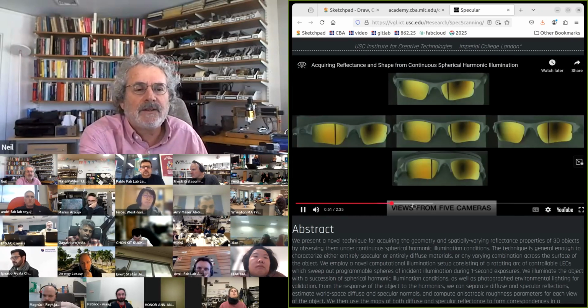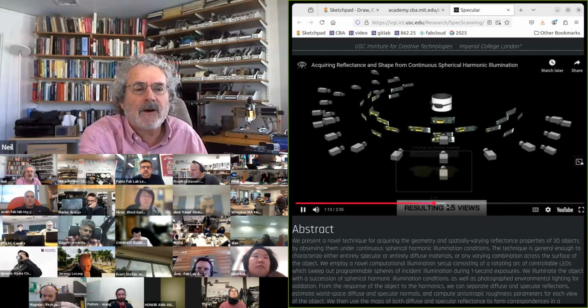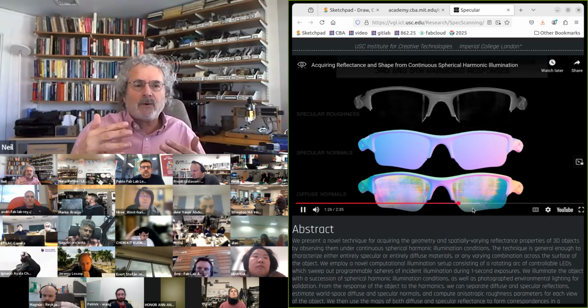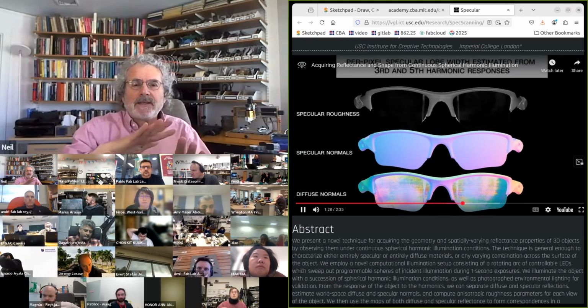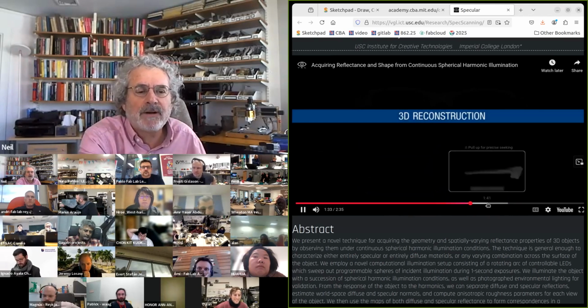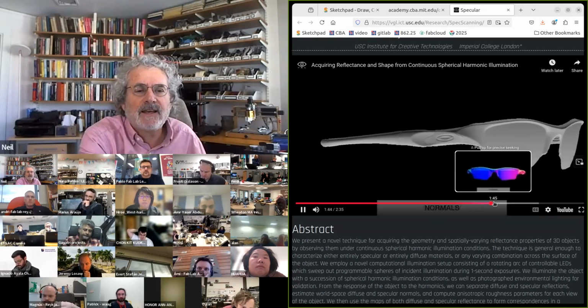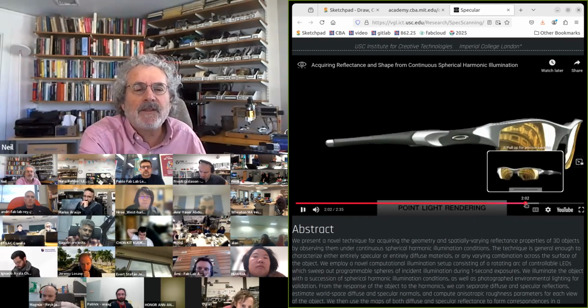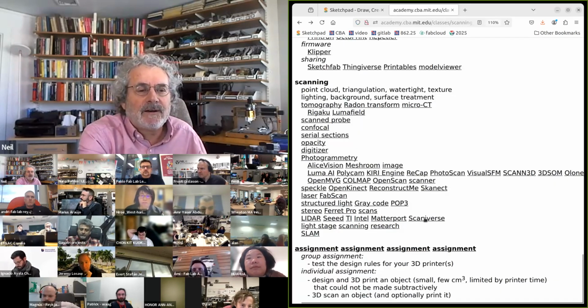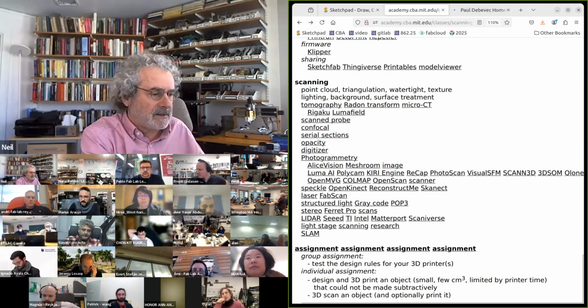They get a series of images. They combine all of those images, and then they separate out what's called specular, diffuse, normals, roughness. They get all the parts you need for 3D graphics. And then they get the geometry, but then they can completely re-render it. And so what they've done with that is actually